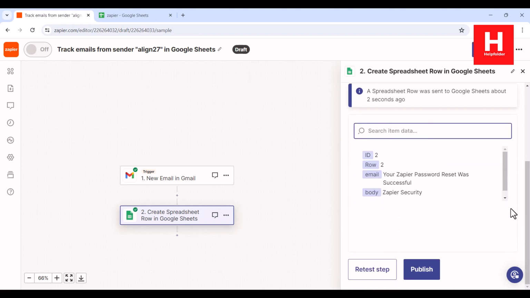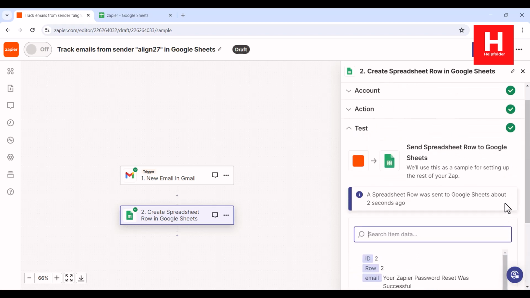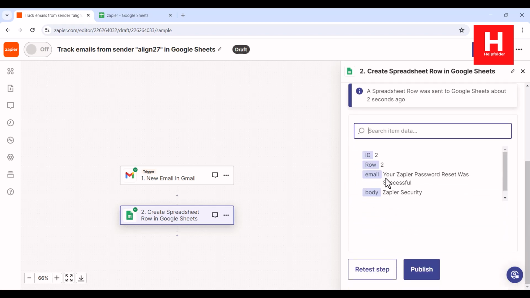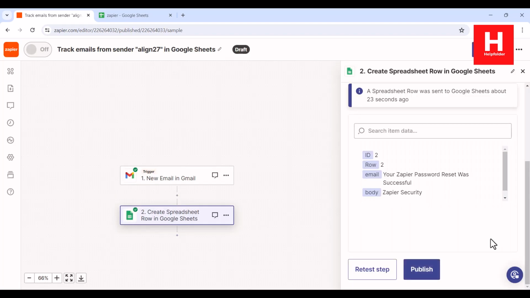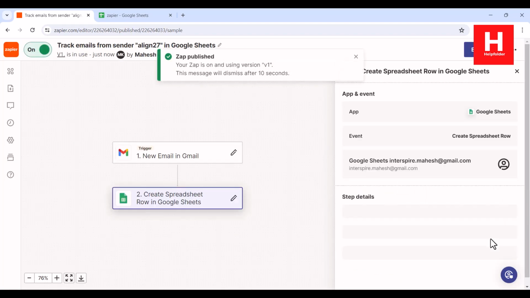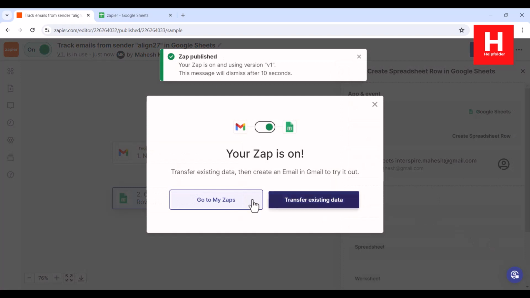right? So now the error is gone because we are not getting a lot of data, only the sender and the subject, right? So here you see email and then that name as body, right? So if we publish this, every time we get an email with that specific trigger, it will create a zap, and there you go,